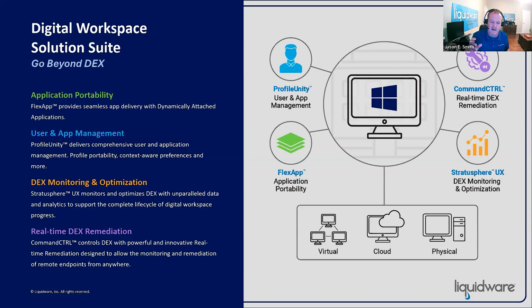We've got a feature in there known as Switch. So someone calls the help desk, maybe they've got multiple desktops like you see here that we support, virtual, cloud, and physical, and they say, my desktop's slow. Well, that's a pretty general statement, but with Command Control, you can look at all 3 desktops that they're logged onto at a glance, without having to look up machine names and usernames and try to find the desktop they're talking about. And you can figure out which one is having a degradation in performance really quickly,